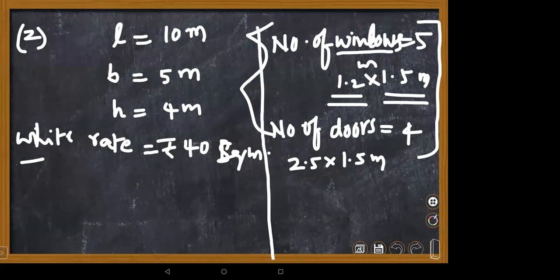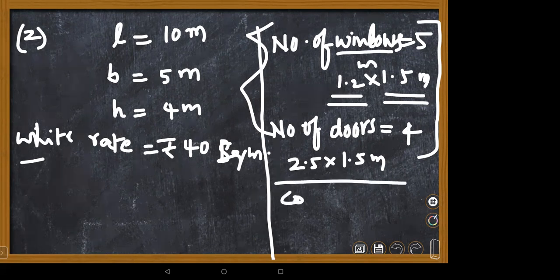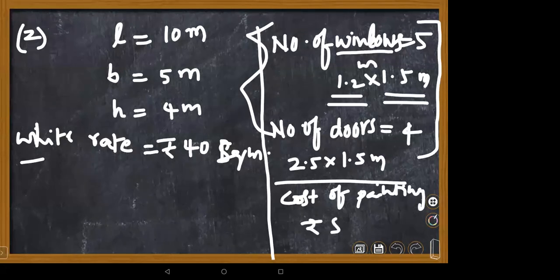Children, there are 2 parts here. The cost of painting for doors and windows, they are spending 50 rupees per meter. Ma'am, it will be 1200 rupees for the windows and doors. Yes, ma'am, correct. Cost of painting doors and windows is rupees 50 per meter, 24 square meters. Ma'am, 1200 rupees.